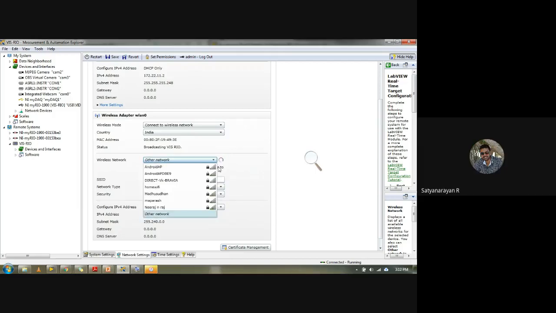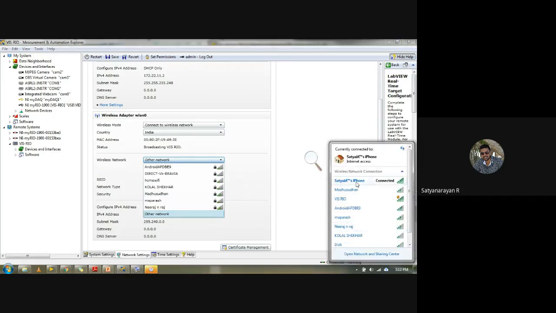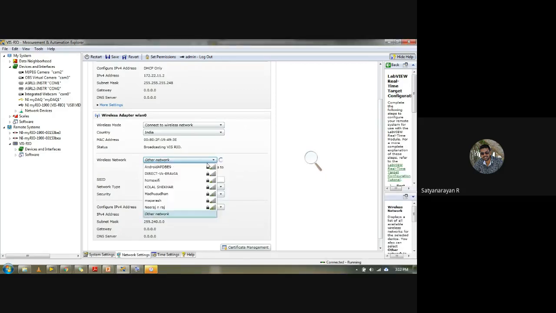Meanwhile, actually speaking, I don't know why my cell phone is not being shown here. I already connected it to my PC, but unfortunately I cannot connect over here. These are all my neighbors' wireless networks. But the thing is, MyRio does not require any internet connection to work. Because it's real-time hardware, it does not require any wireless data or internet to work. But we have to make sure that my Rio, my cell phone, as well as my laptop are in a single network.